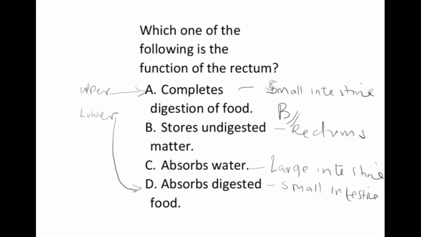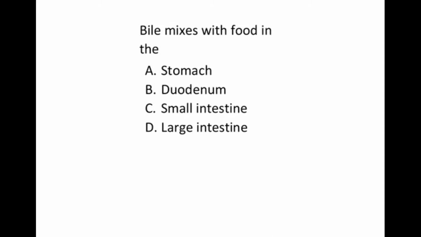Why? Because the rectum is the one that stores undigested food materials before they are released through the anus. Next question: bile mixes with food in the stomach, duodenum, small intestine, large intestine. For us to understand this question, we need to know what takes place in each of those parts of the digestive system. In a small illustration,